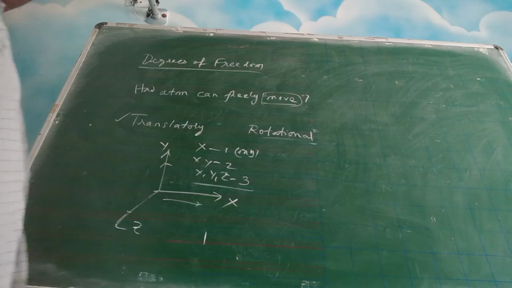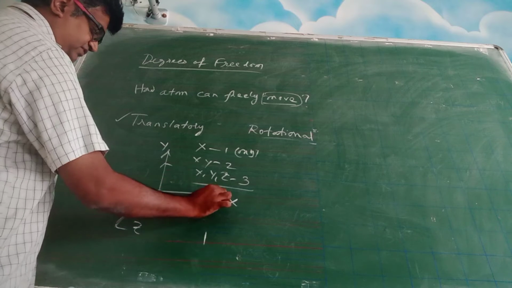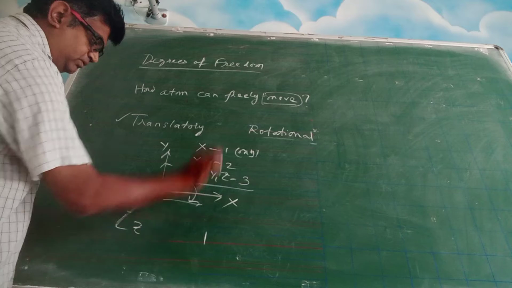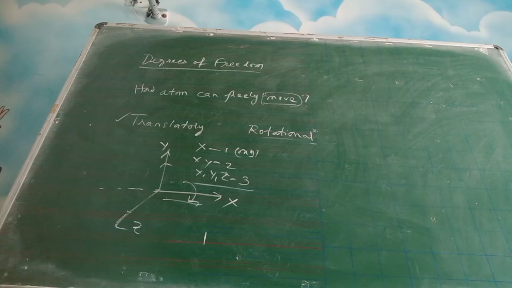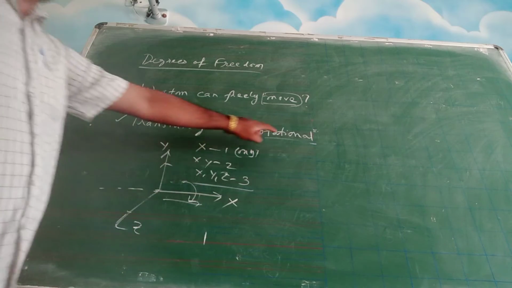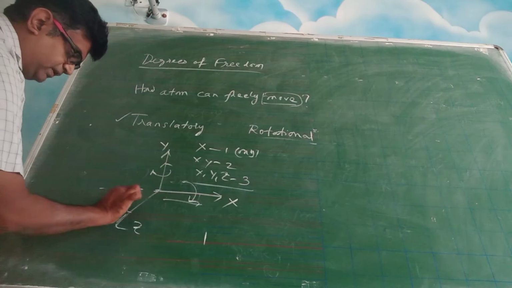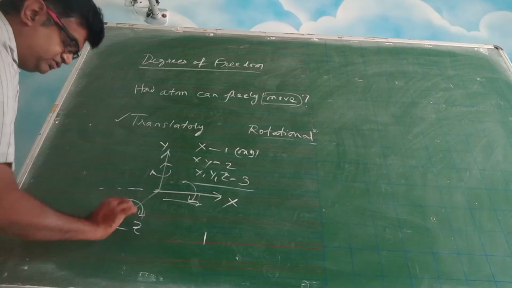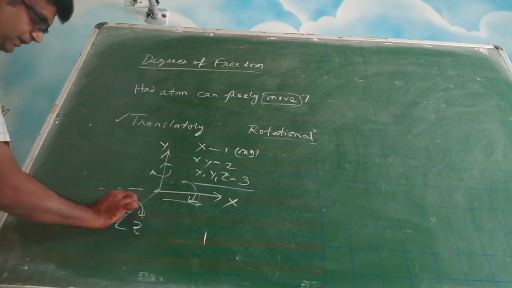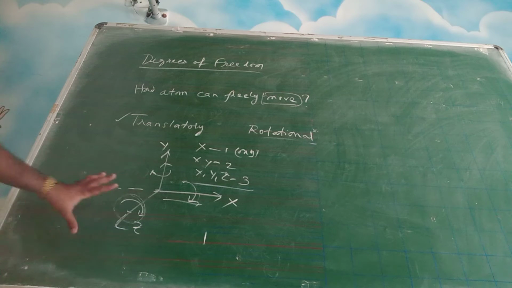What is rotational motion? So suppose you just imagine this is your x-axis. So there is an axis like this, right? It can rotate about this axis. Let us say some object is there. It can, then in rotational motion the count will be 1. Okay? It can rotate about y and it can rotate about z. What am I trying to do this? I am trying to draw that if you consider this as an axis, about the axis it is rotating like this. Little 3D you have to imagine.